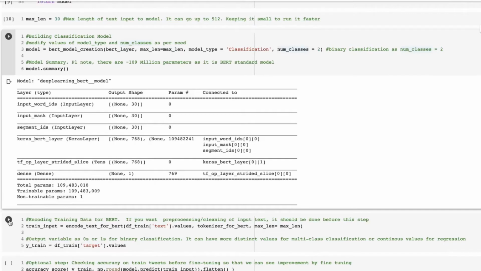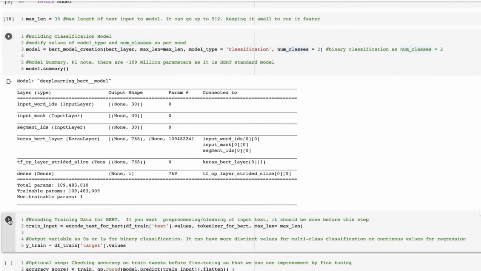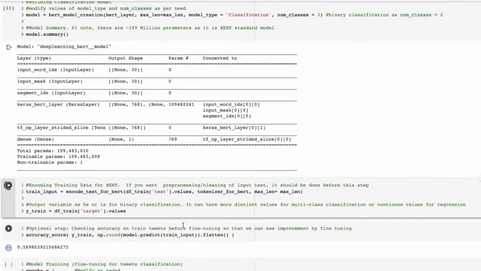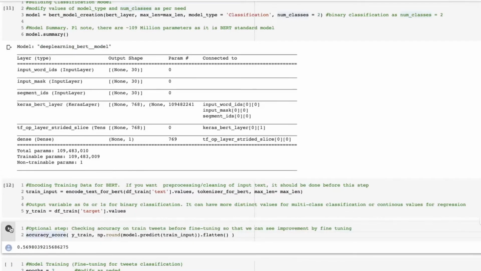Okay, so let's encode the inputs for training. So this is using the function encode text for BERT, which we discussed earlier. Here, let me just run this model without fine tuning.